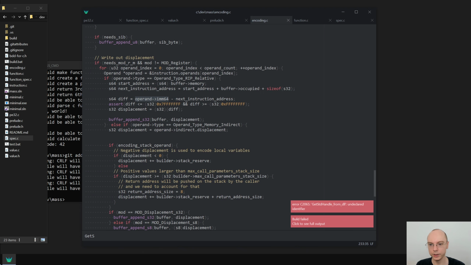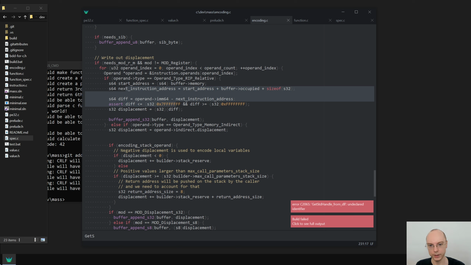In the encoding here, we would just take the difference, and that would be the rip relative address that we are using, but in an executable, we need to calculate this exact address based on